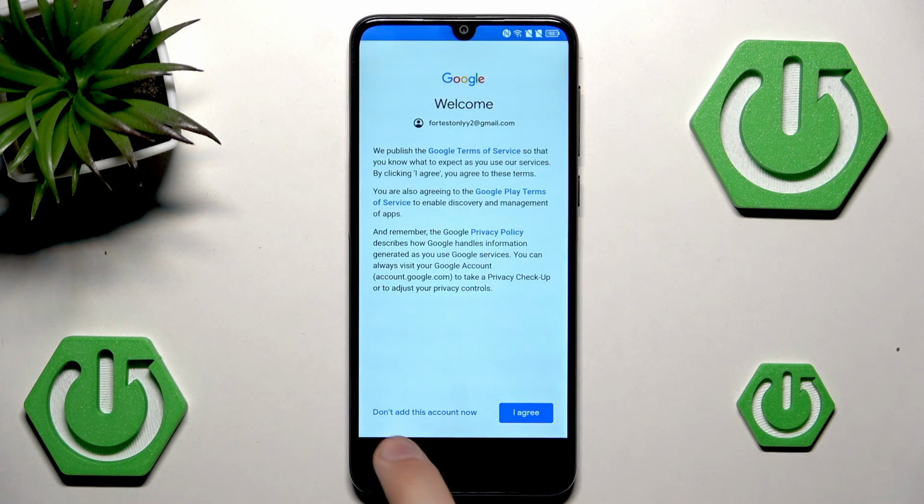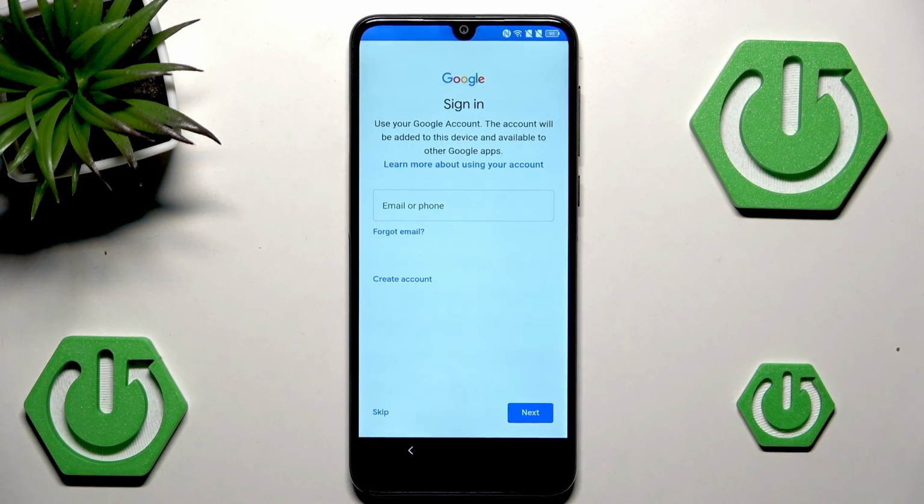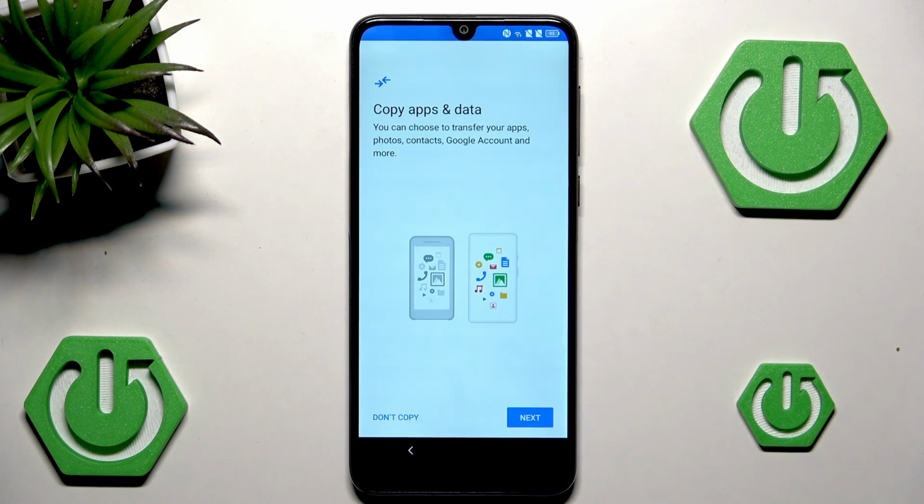Well, the possible solution is to simply skip Google account completely and proceed with setup, and only after setup we want to add a Google account. However, if the ability to skip logging into Google account isn't possible, we want to go back once again,